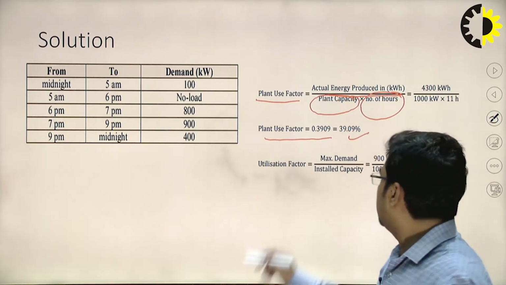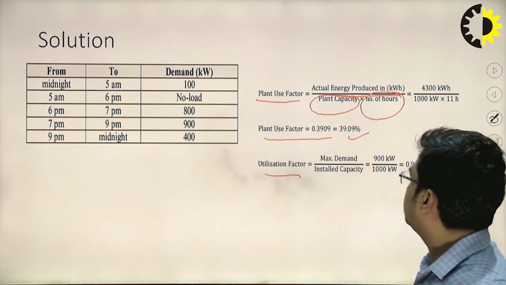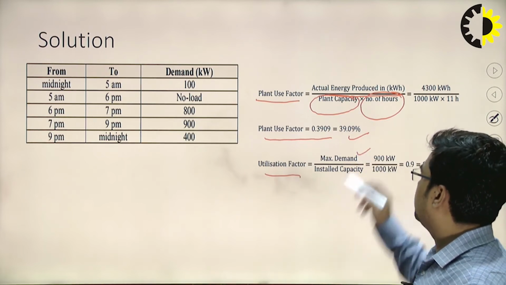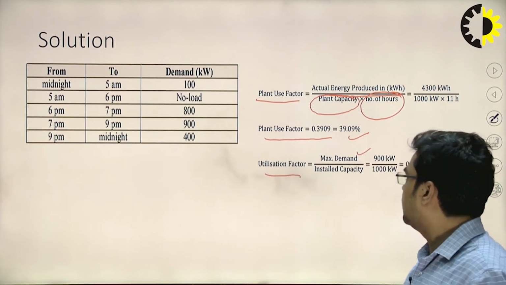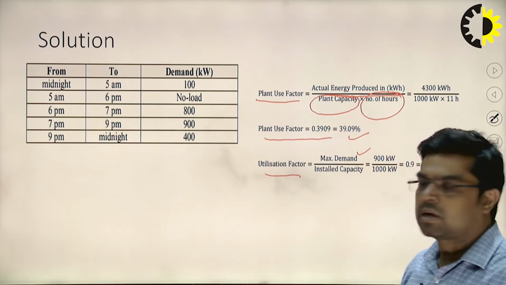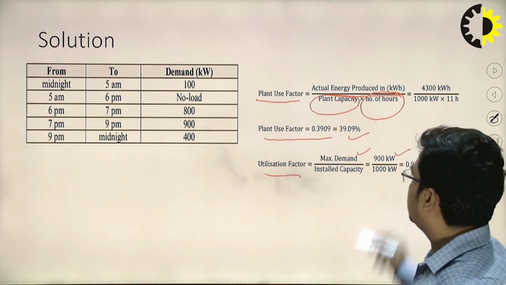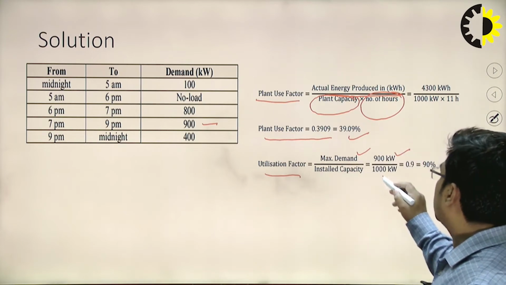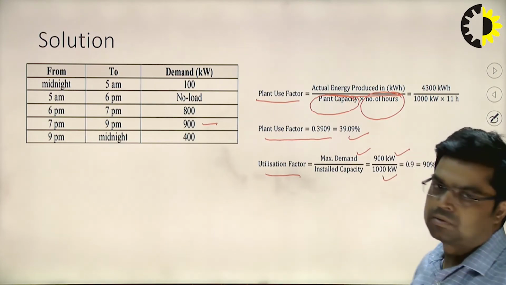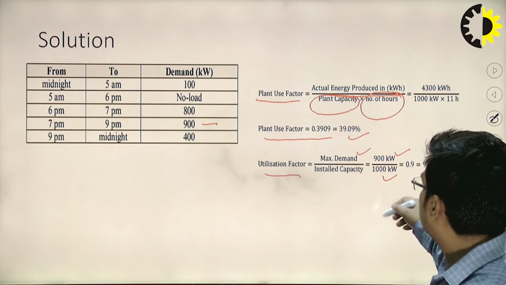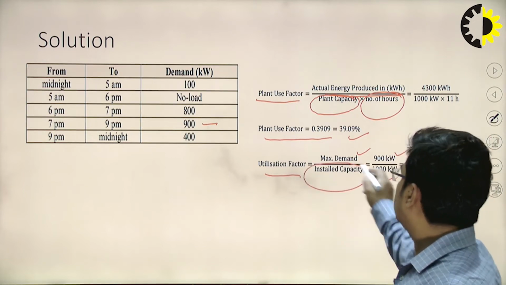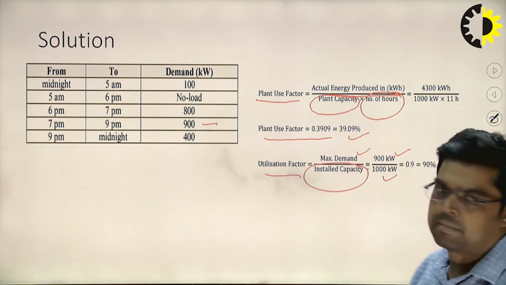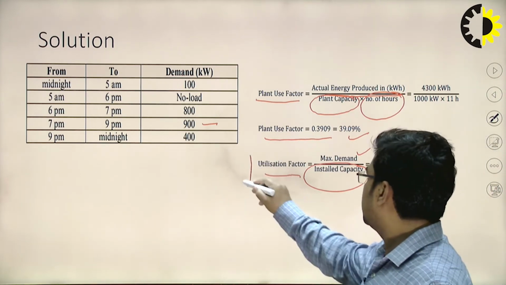Now the utilization factor is calculated. We know it is the maximum demand divided by the installed capacity. The maximum demand is already available from this table, that is 900 kilowatt. The installed capacity is given, that is 1000 kilowatt. Again, we know the installed capacity is always higher than the maximum demand,